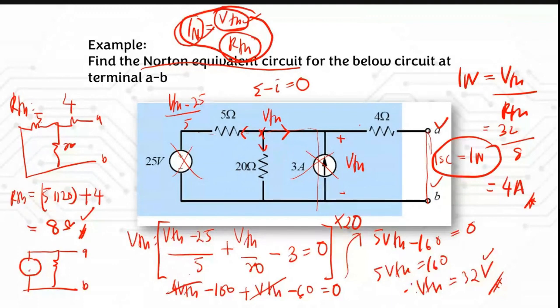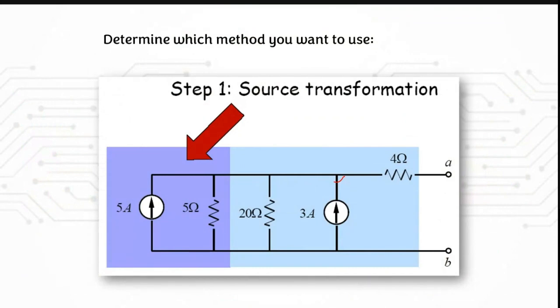terminal. You have the current which is 4 ampere, and then you have here the resistor which is 8 ohm. So this is the equivalent circuit for Norton. All right, so this is the Norton equivalent circuit. If you need to write that back again, but I think in this example they use the source transformation